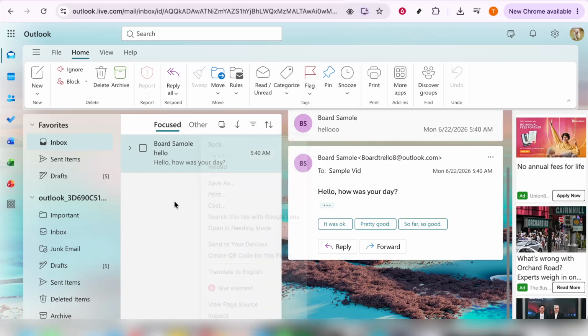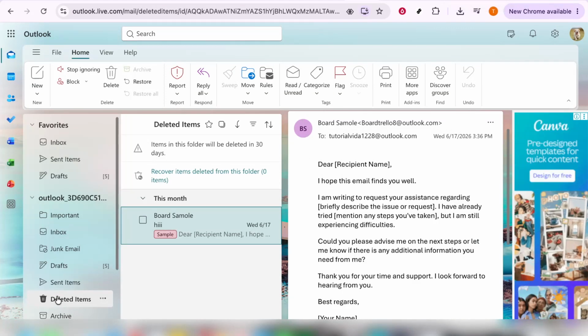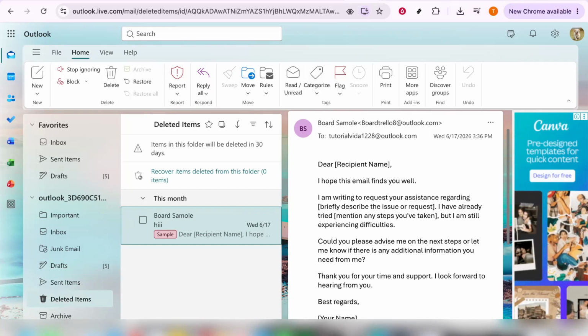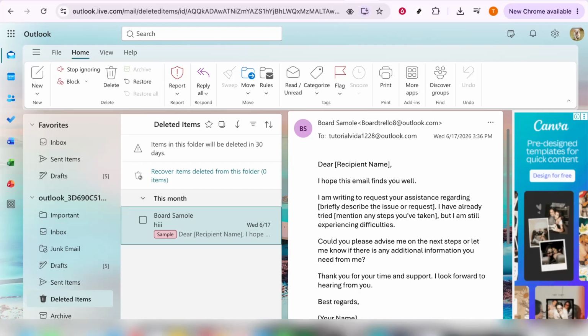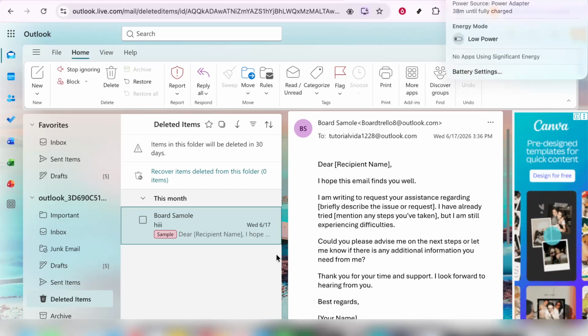First off, you'll want to open your Outlook application. Once you have it up and running, look over to your left-hand panel where you see your email folders. Here, you'll notice a folder labeled Deleted Items. This is the key to retrieving your deleted emails, so go ahead and click on that folder. Now, within the Deleted Items folder, you should see a list of emails that you've recently deleted. They hang around in this folder for a set period before being permanently deleted, which gives you a crucial window